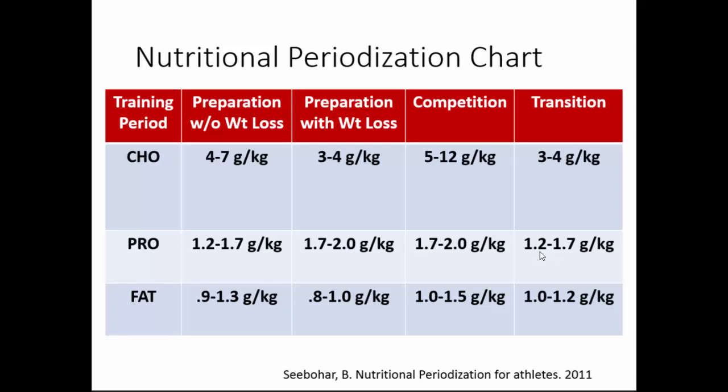And then protein, he's recommending 1.2 to 1.7 grams of protein per kilogram of body weight, and then fat 1 to 1.2. Again, remember, we were really looking at a minimum here of about 1. He's going a little below it here in this preparation phase. Preparation is basically the off